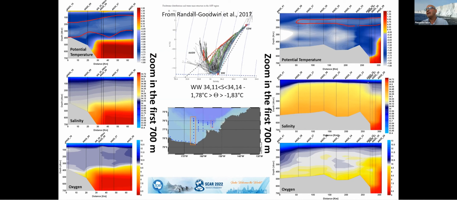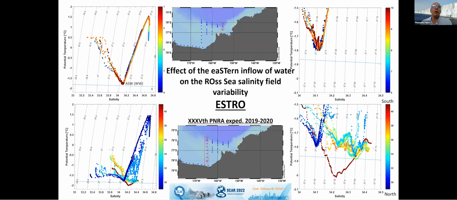But if you look at the salinity field, the situation is a bit more complicated, because the signal of Amundsen Sea water is almost clear here, but then we have a sharp halocline here, and there is a strong variation of the salinity, which in some sense makes the identification of the Amundsen Sea water more complicated. So in order to understand better the distribution and what water masses enter from the eastern gate onto